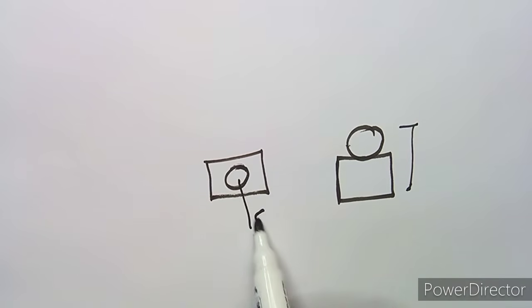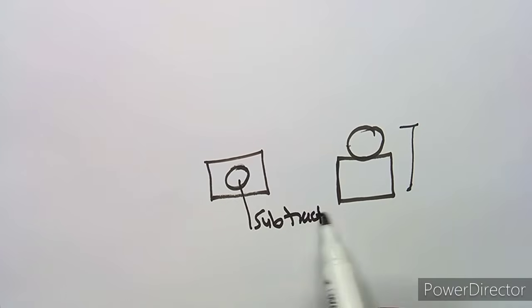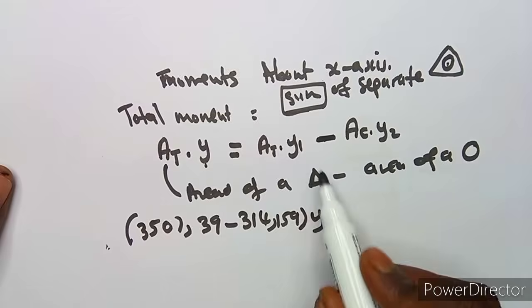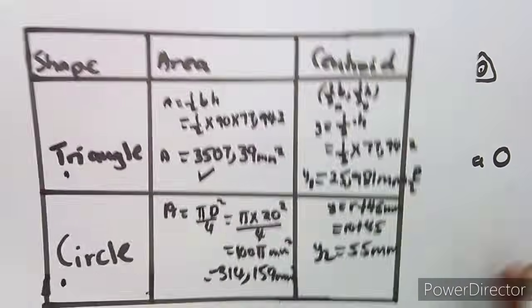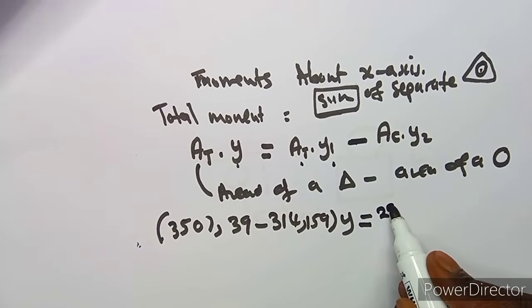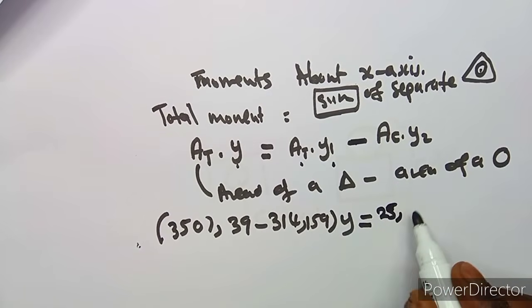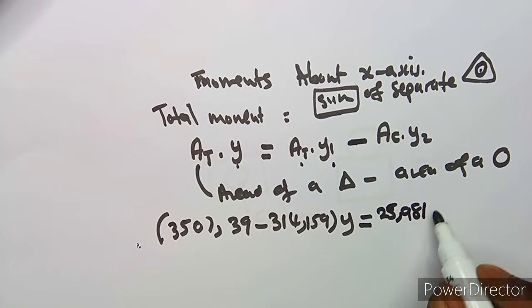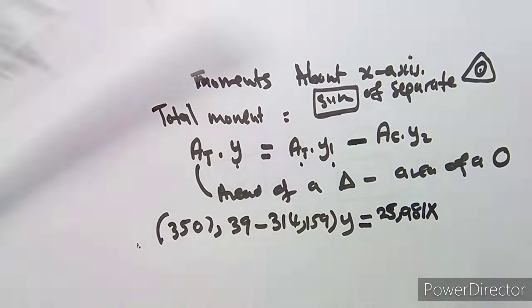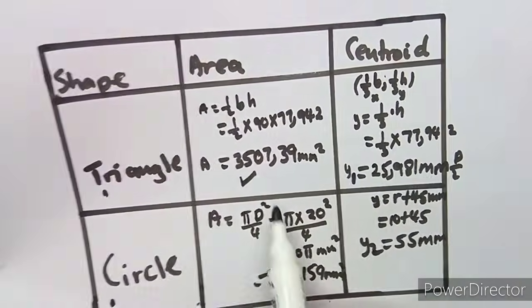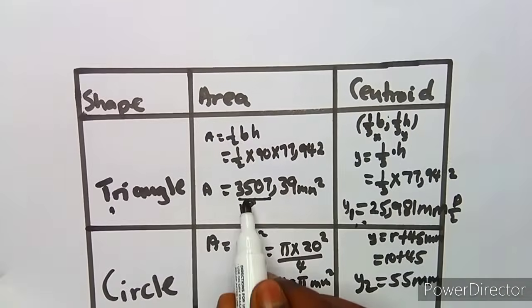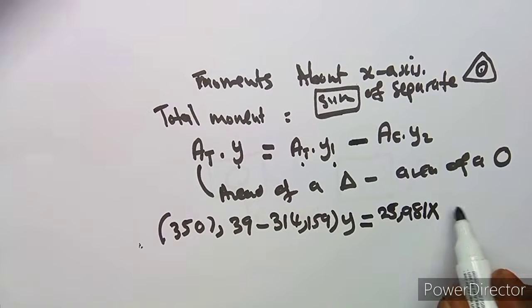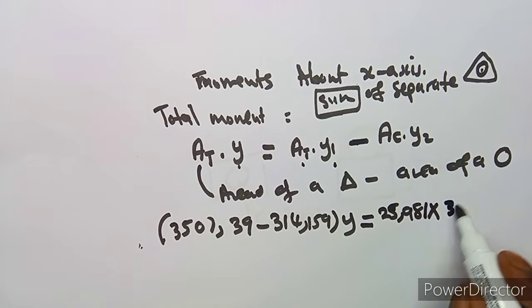You subtract. Okay, so here you subtract, here you add. That is what is happening. So that is the area of a triangle, this one. We just take it as it is, which is 25,981 times... sorry guys, I took... okay, anyways, this is the area of a triangle times its centroid. We're going to multiply these two. It was supposed to be this number times this number. Anyways, multiply them. So we are going to multiply the area of a triangle, which is